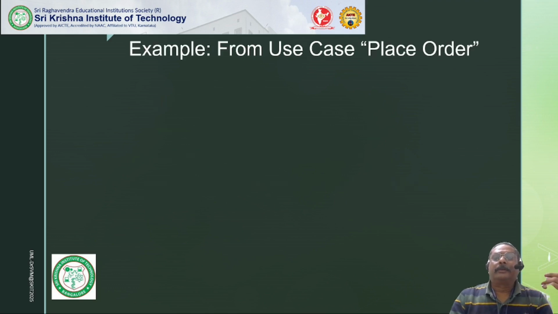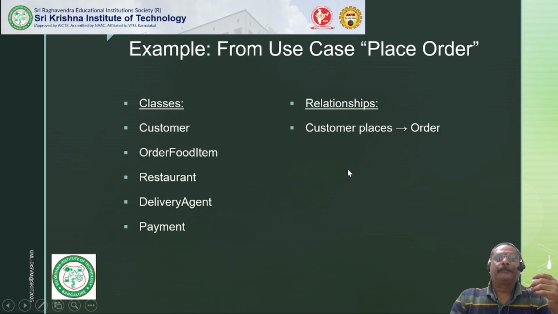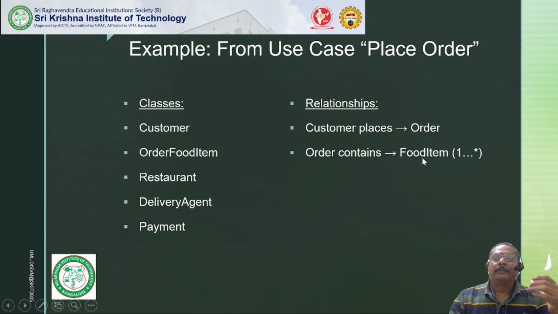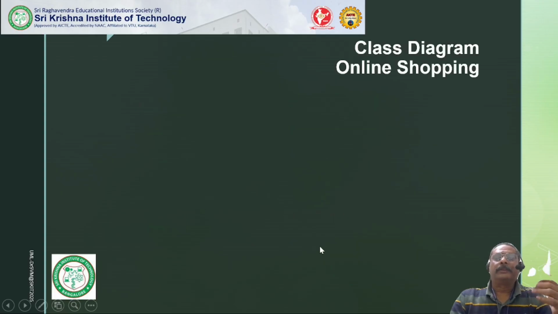Take an example use case like place order. The classes here: we have a customer, order, food item, restaurant, delivery agent, and a payment. And the relationships. The customer places the order, so the relation between customer and order is placing, and the order contains food items. So this is one to many. Then the order is delivered by a delivery agent, the order is paid via a payment gateway, and the food item is offered by some restaurant. So these are the various